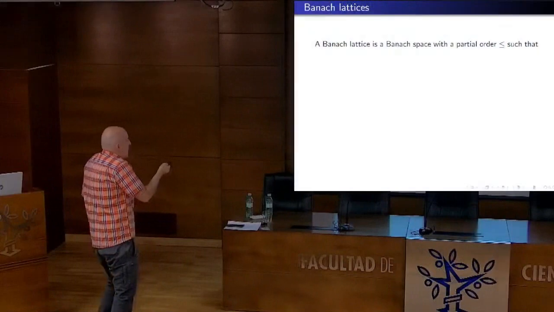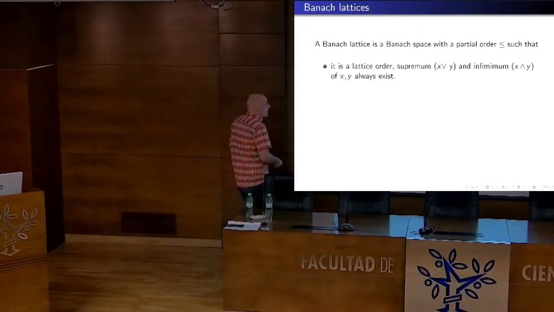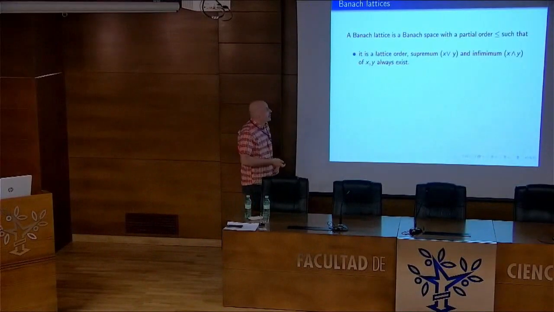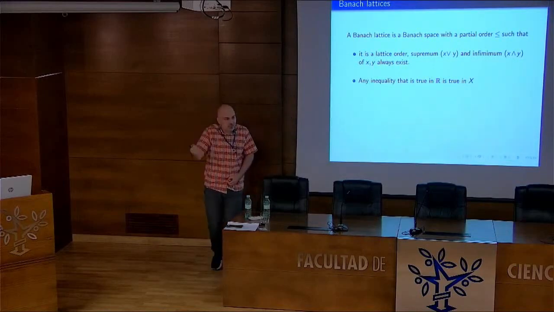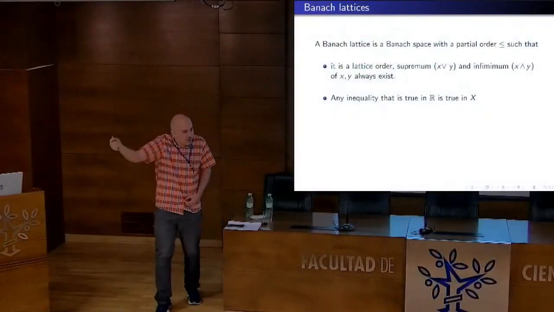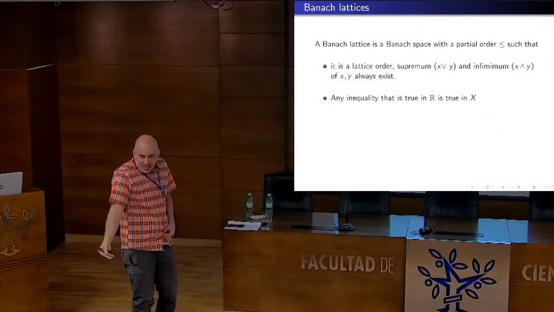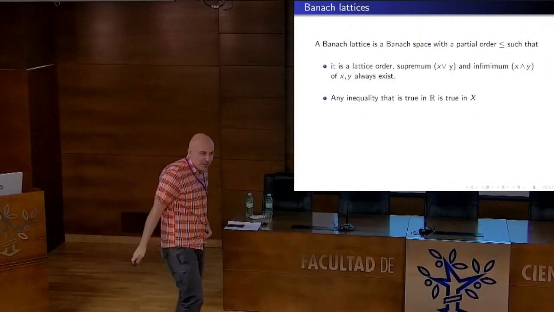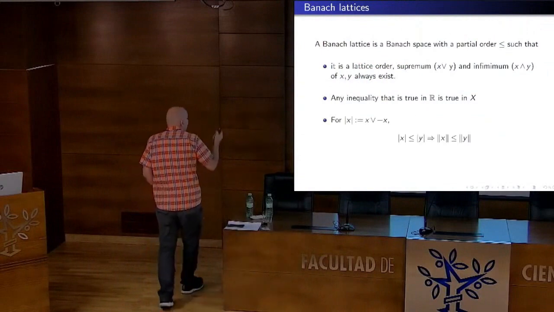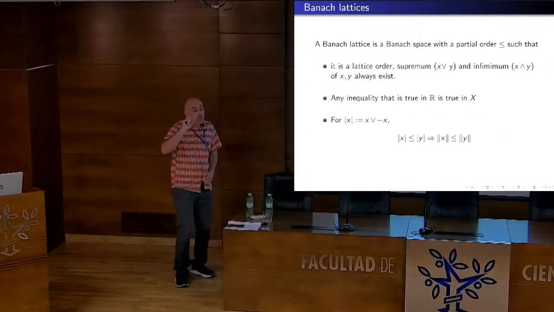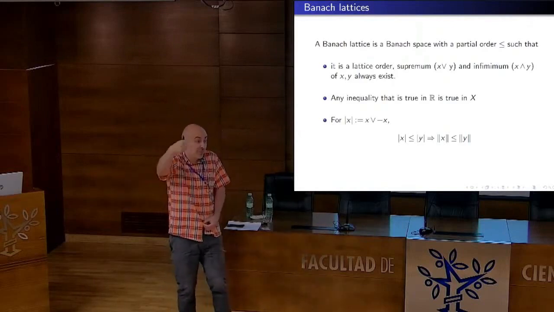And you put some reasonable axioms, that it is a lattice, which means that every couple has a supremum and an infimum. I could put a list of axioms, but I can simply say that any inequality that you write, with linear operations or these lattice operations, that is true for all real numbers, is true in the Banach lattice. So this could be your list of axioms without writing a list of axioms. And the last axiom, because it's a Banach space as well, has to relate the lattice and linear operations to the norm.